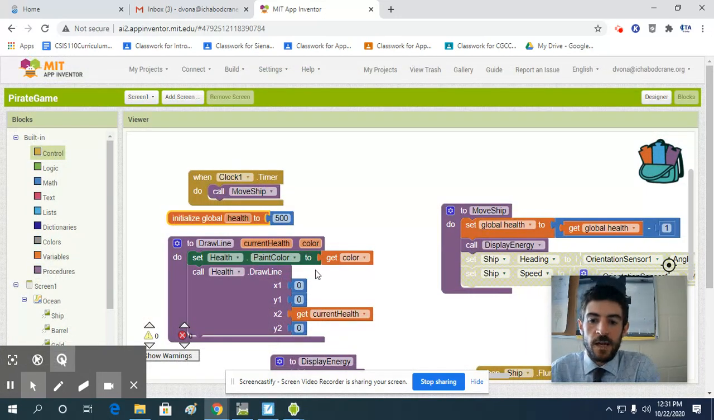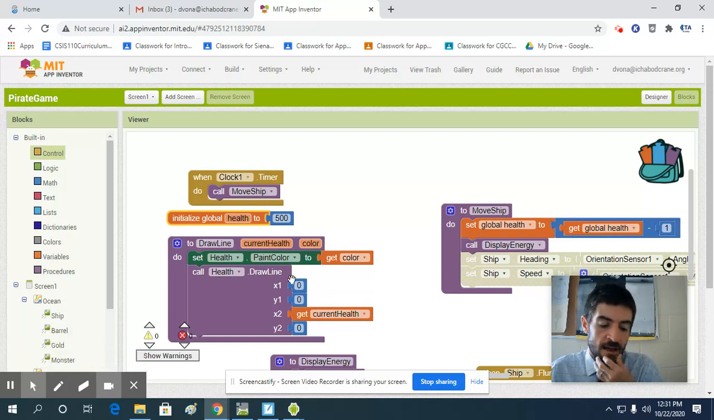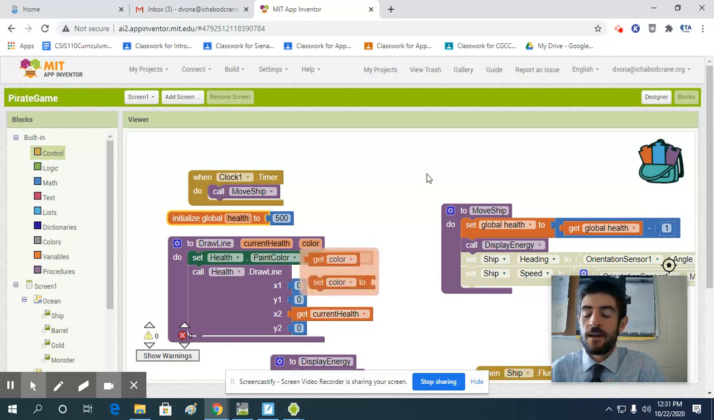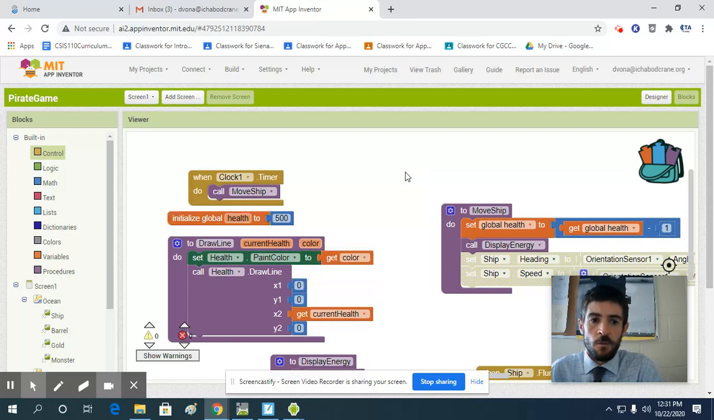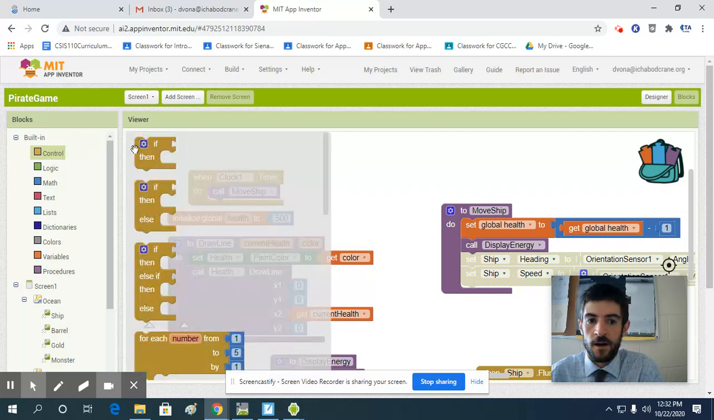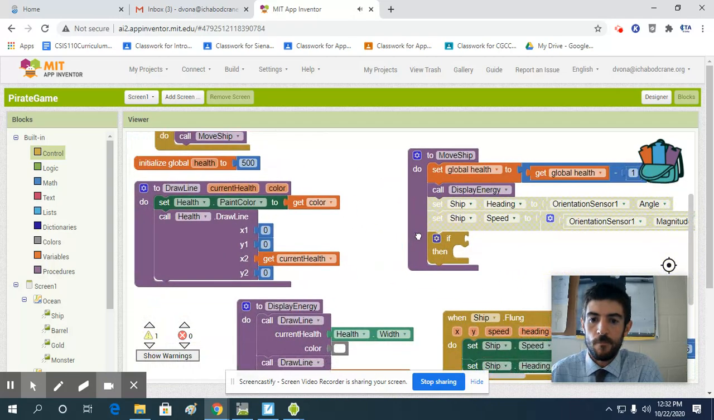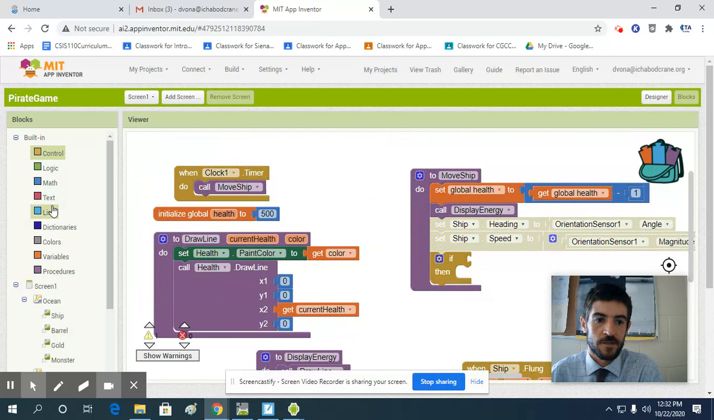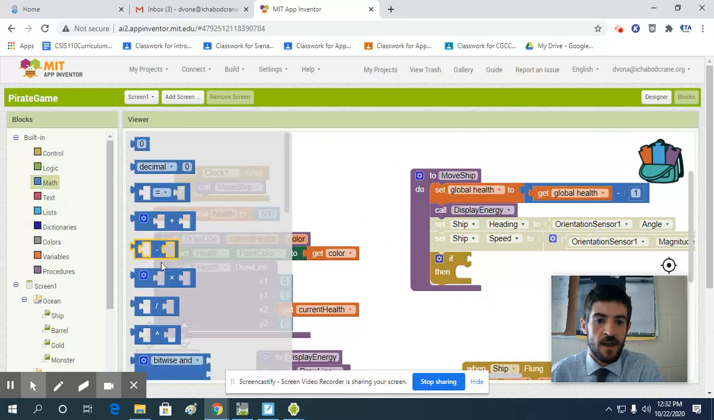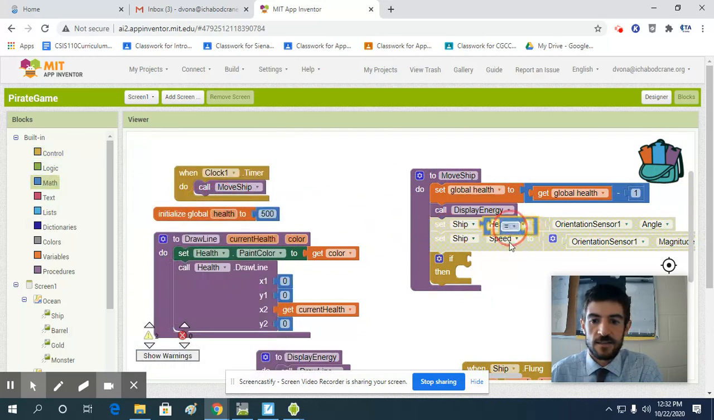All right, so now we have to talk about actually switching screens, and what that looks like when you run out of energy, when you run out of health. So what we're going to start with is we're going to need an if statement, because this is going to allow us to detect when our energy hits 0. So we're going to say if,